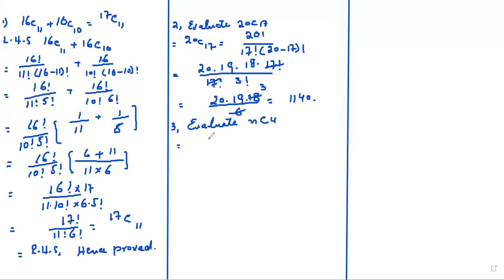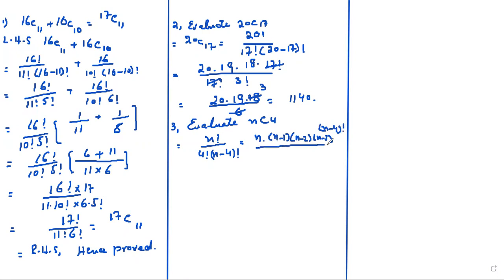So using the formula, n factorial over n minus 4 factorial and 4 factorial. So this n factorial may be written as n, n minus 1, n minus 2, n minus 3, and n minus 4 factorial,